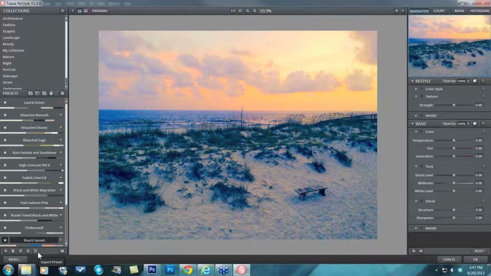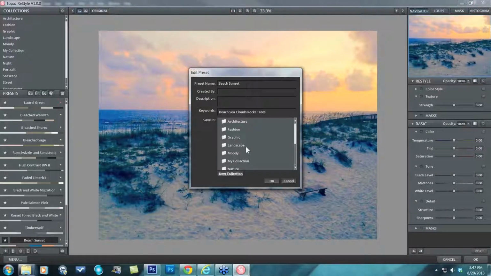So all of these presets, you are now able to edit the keywords and the description. You're not able to edit the name of the default presets, but you are able to edit the name of your user-made presets if you ever want to. We have this little edit icon now next to the save icon. It looks like a little sheet of paper. You just open that or click on that, and you'll see